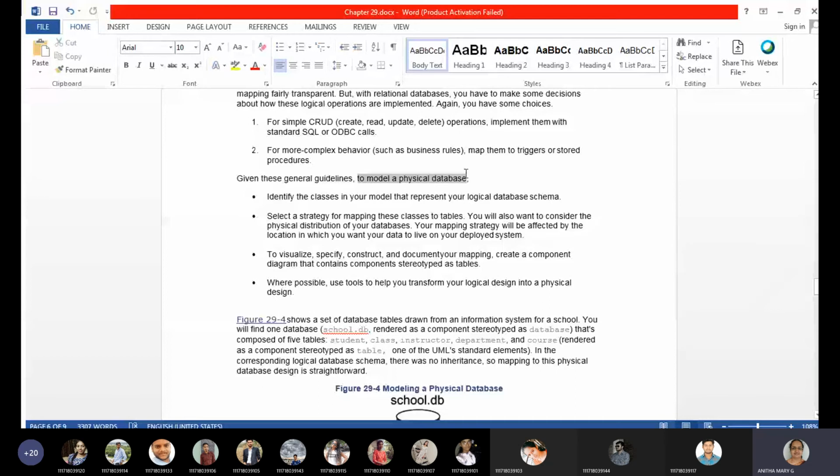To model physical databases, first we need to identify the classes in the model that represent the logical database schema, and then select the mapping of these classes to tables. Then we consider the physical distribution of the databases, and specify how to visualize, specify, construct and document our mapping. Create a component diagram that contains components stereotyped as tables, and use tools to help you transform this logical design into physical design.